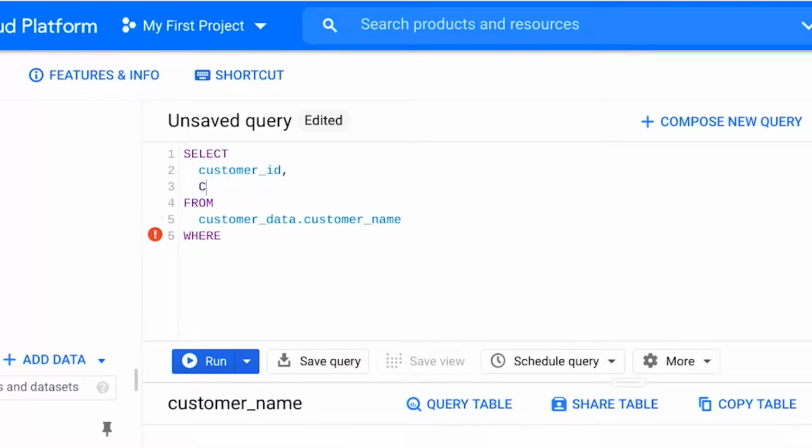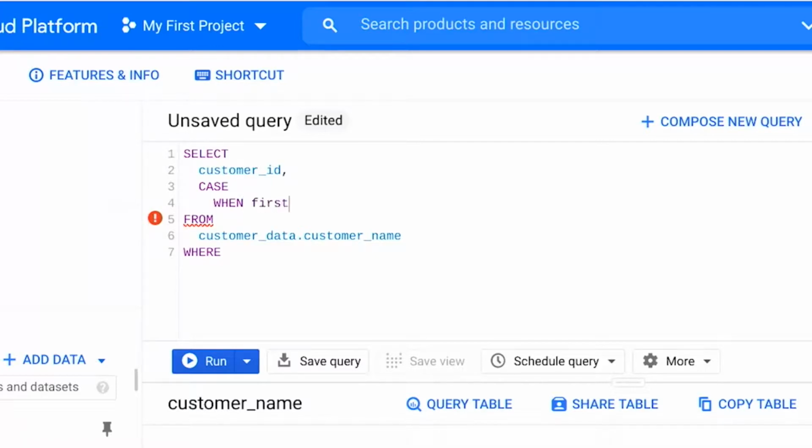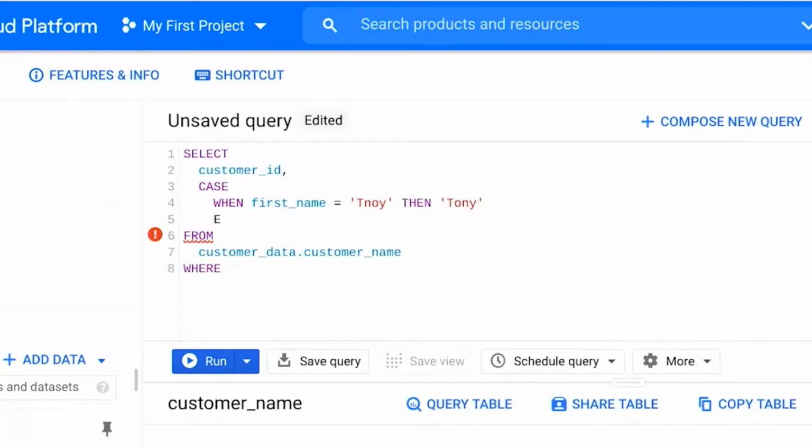We'll add case, and then when, and type first_name equal Tinoy. Next, we'll use the then command and type Tony, followed by the else command.